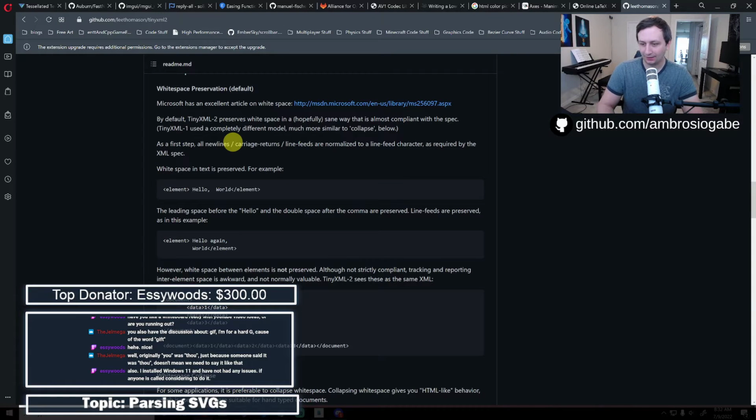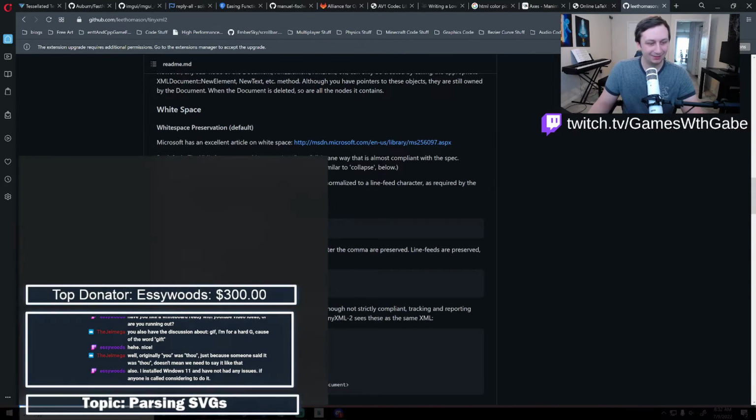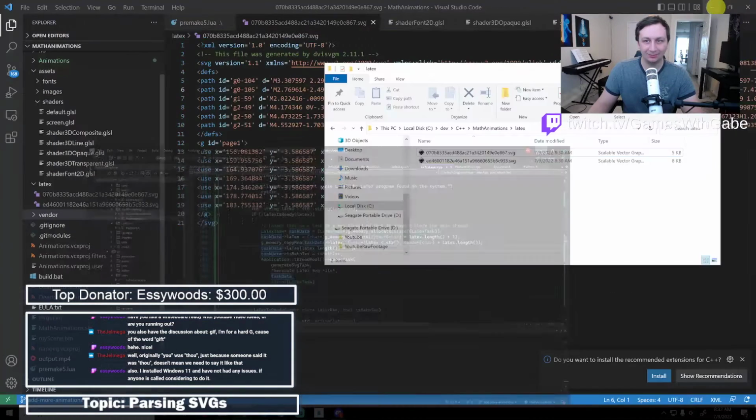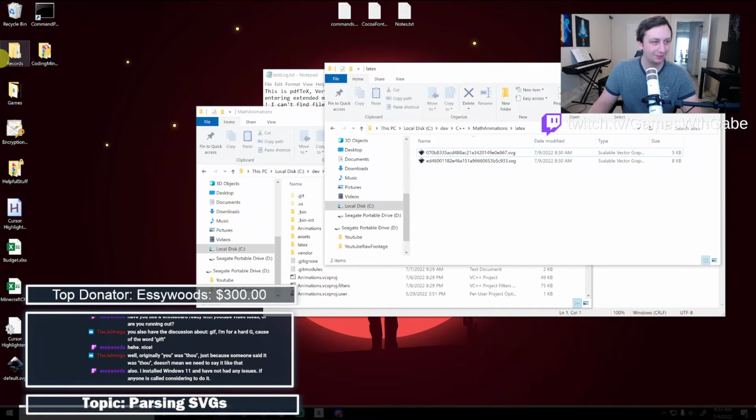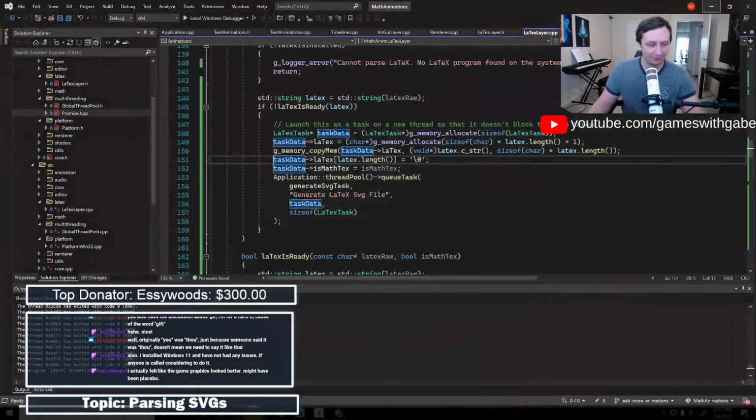Yeah. SE Woods, also, I installed Windows 11 and have not had any issues, if anyone is considering doing it. Oh, yeah. I've been considering going back to Windows 7. I saw a video of some guy complaining about Windows 10 not being able to highlight icons and stuff. It seems like my Windows 10 can do it. He was moving his mouse really fast and it couldn't highlight the different things as he moved his mouse. So I was just curious. Anyways, sorry, that's an aside.